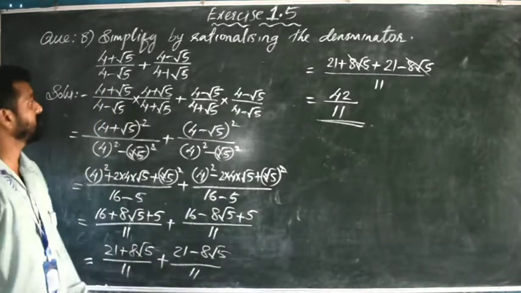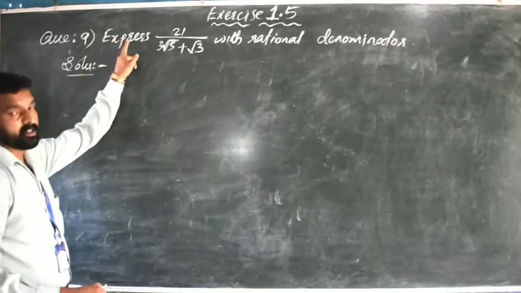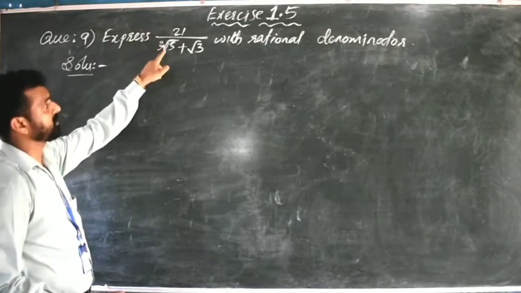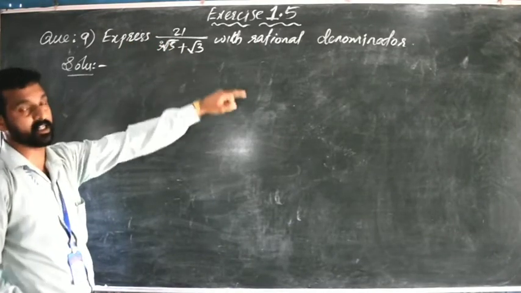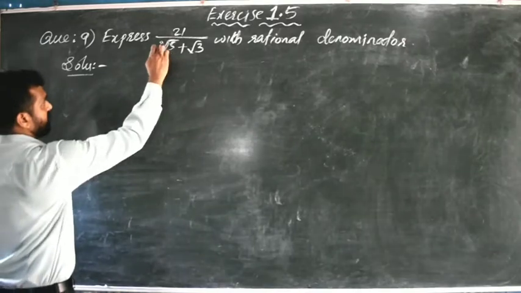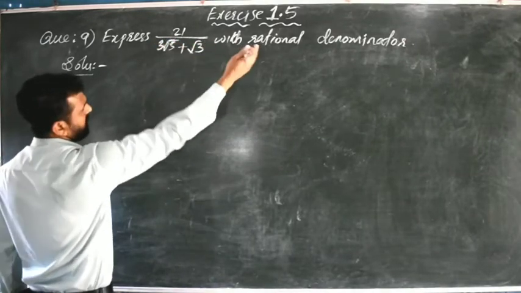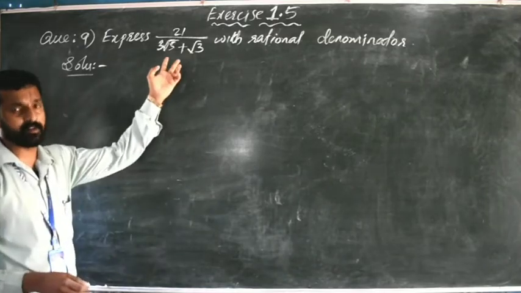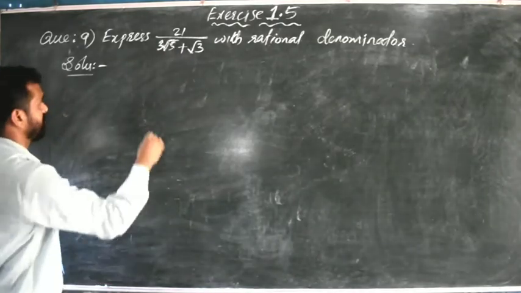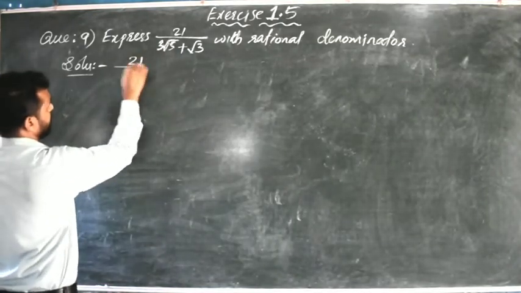Now the next question, question number 9. Express 21 divided by (3 root 5 plus root 3) with a rational denominator. That means it is the same kind of question, rationalizing the denominator. So let us write the question once more: 21 divided by